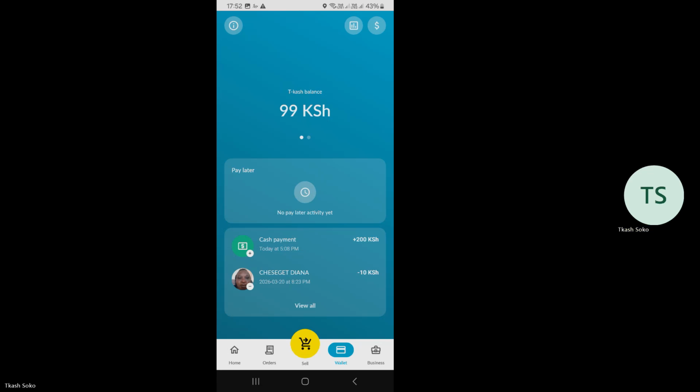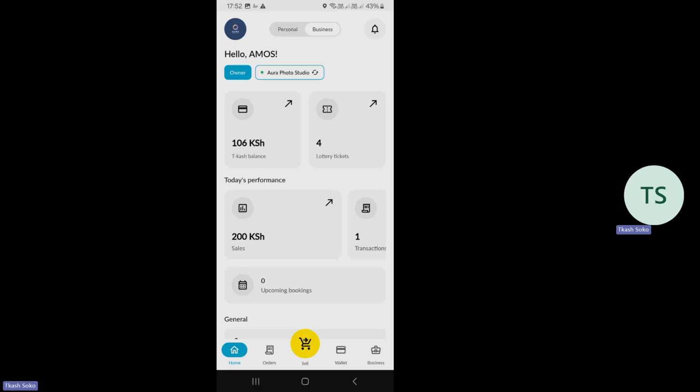So now, once I can see this balance, how do I now access this money and get to use it? Maybe to buy products from another shop, or of course, maybe withdraw the money and use it in terms of cash. How do I access it? You can also be able to access this money. Hii pesa ni yako. However, the app has a way of protecting us against fraud.